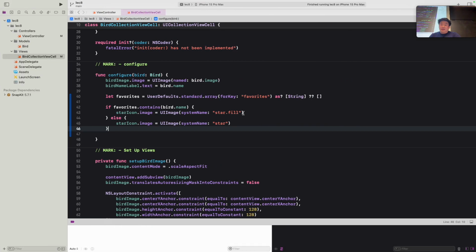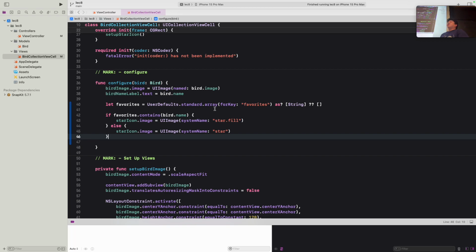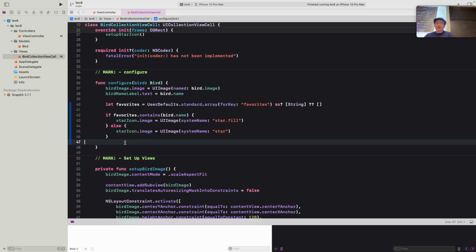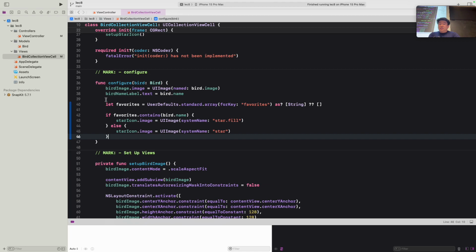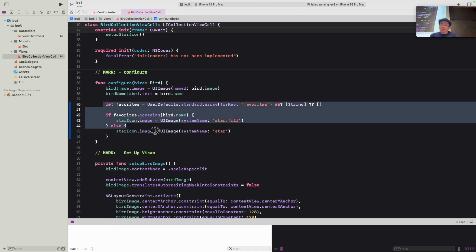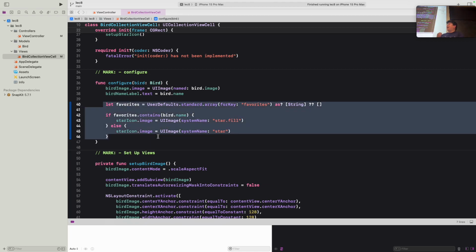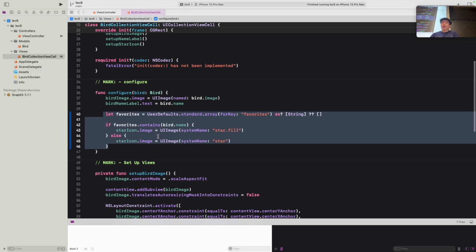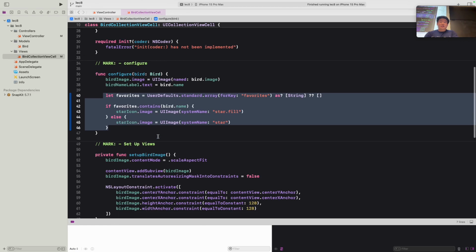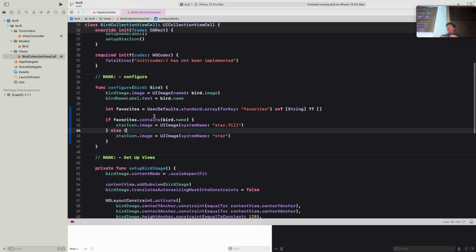Oh yeah, I'll reiterate one thing, because I think a lot of people had questions about this for A3. If you see that, we updated this view in our configure function. So we have this favoriting. Anytime we have interaction with our view, more often than not, we want to process that interaction in our configure function. So in A3, when we click on a like button, we want to process that interaction in our configure function, because that allows us to specify that whatever cell we're configuring has that specific click action.